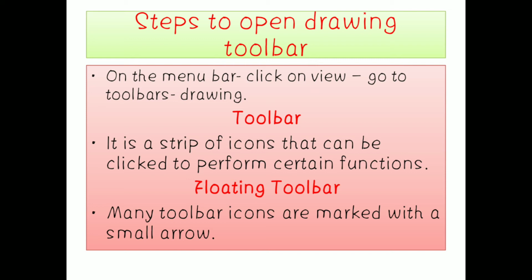Okay. Next, floating toolbar. What does floating toolbar mean? Many toolbar icons are marked with a small arrow. Through that particular arrow, whatever icons are present in the toolbar can be displayed over there. Okay, children? Next,